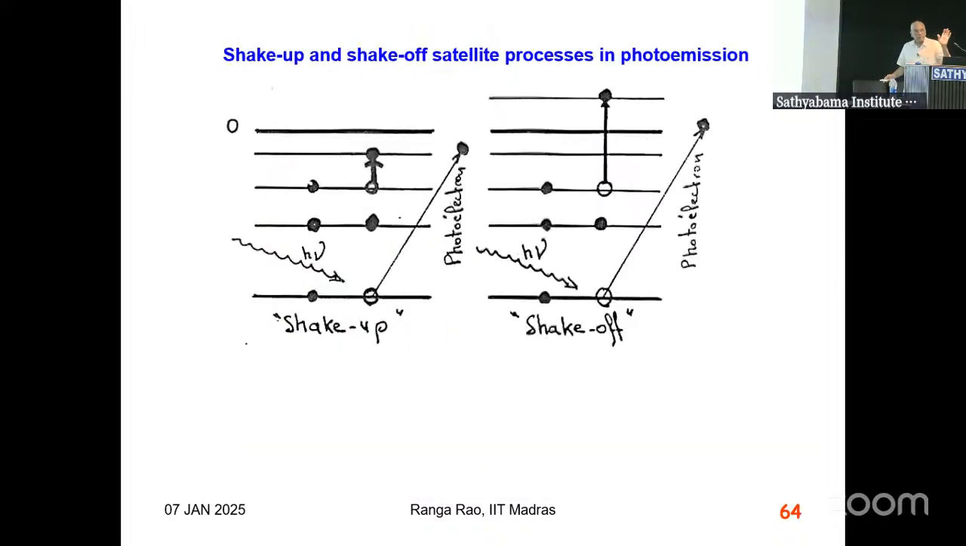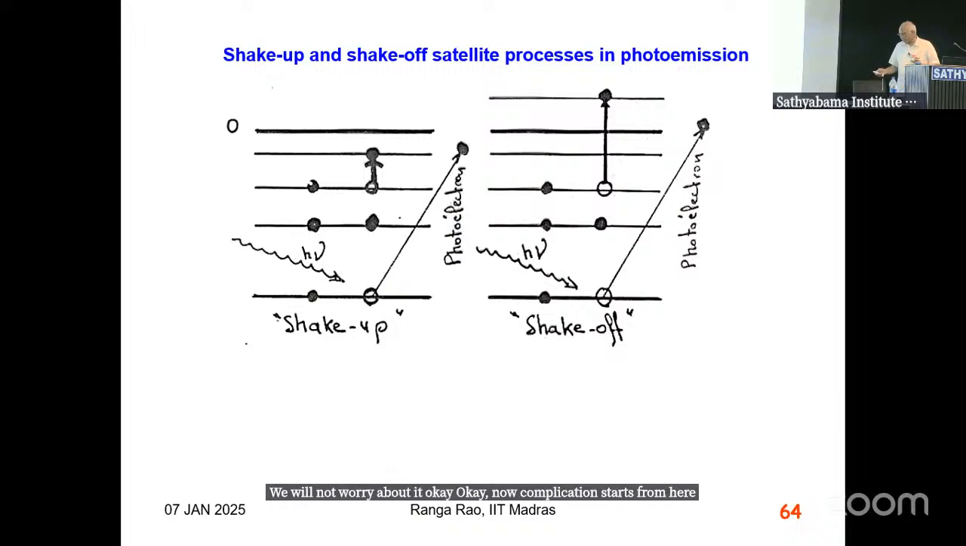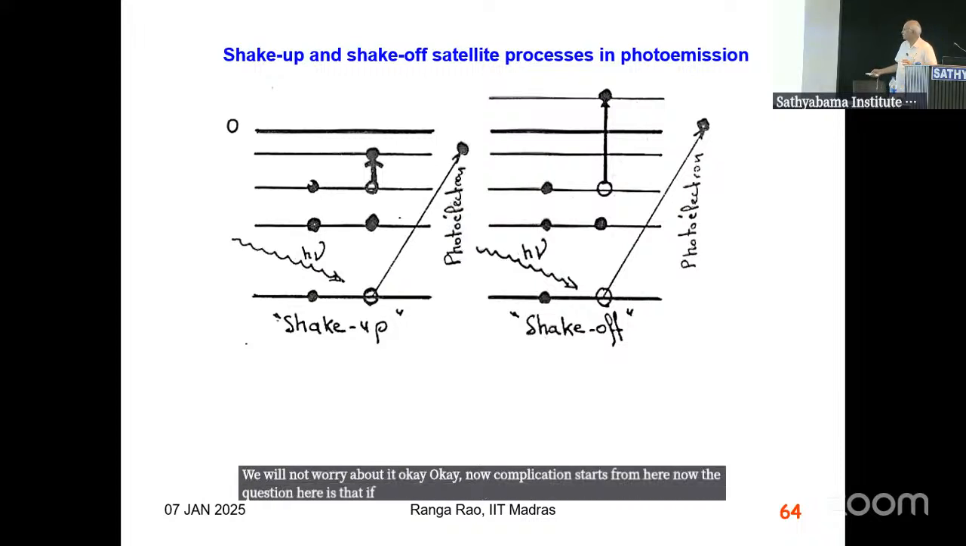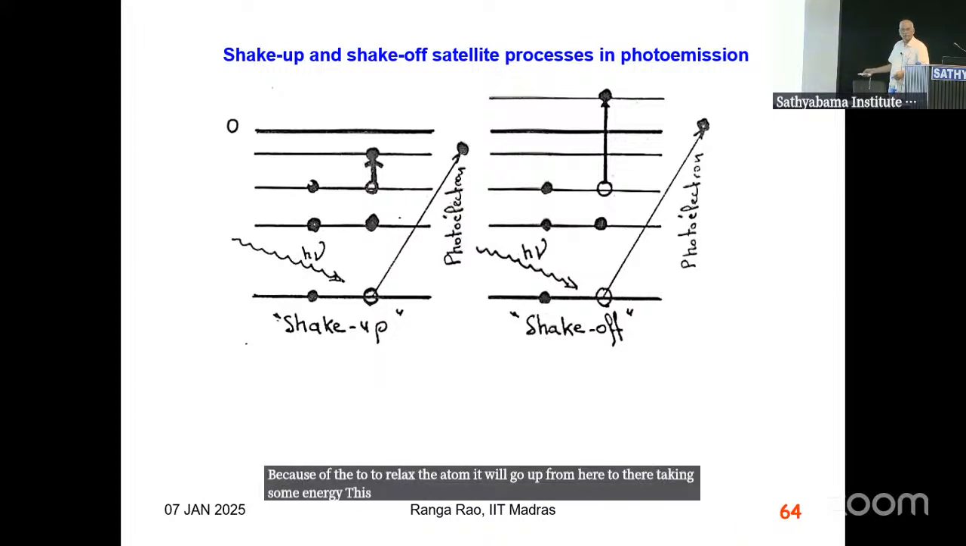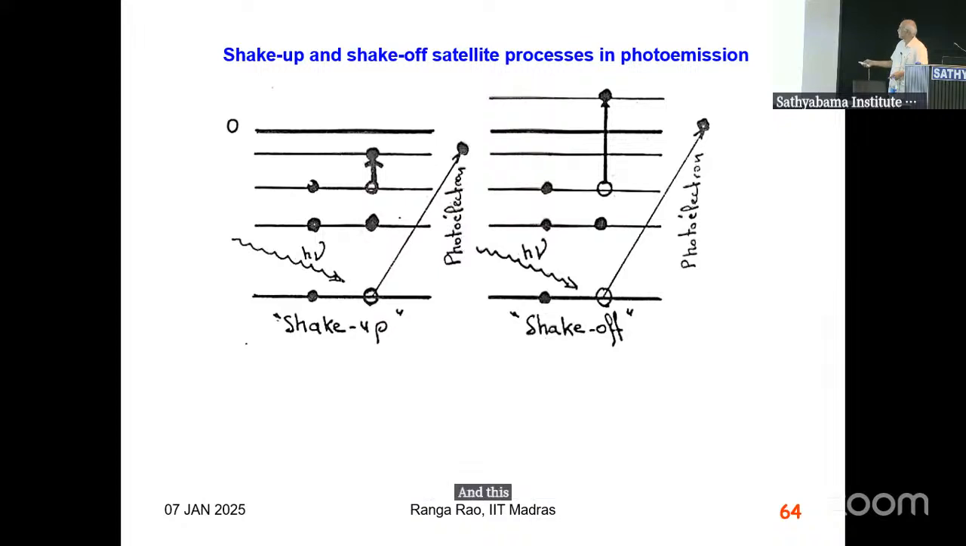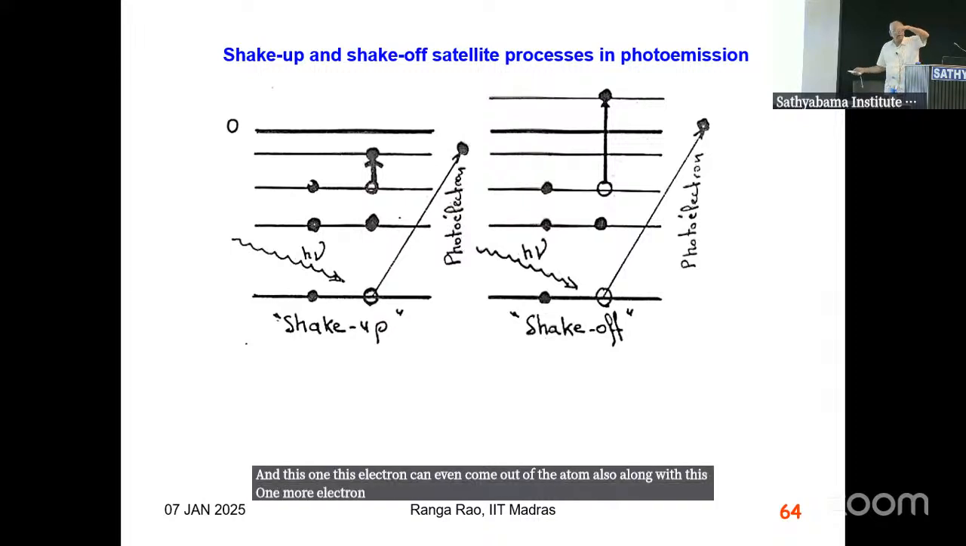Okay. Now complication starts from here. Now the question here is that if you have a core hole, there are electrons here. These electrons also, they will not keep quiet. You remove a core hole, these electrons will not keep quiet. They will start because it's an excited atom. So this electron will go up to relax the atom. This will go up from here to there, taking some energy. This is called shake-up satellite. And this electron can even come out of the atom also. Along with this, one more electron which is sitting in the valence level can actually drop off. That will give you